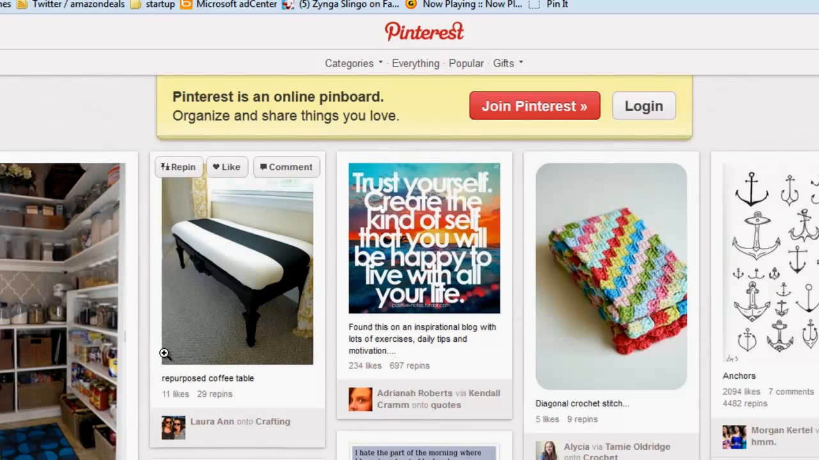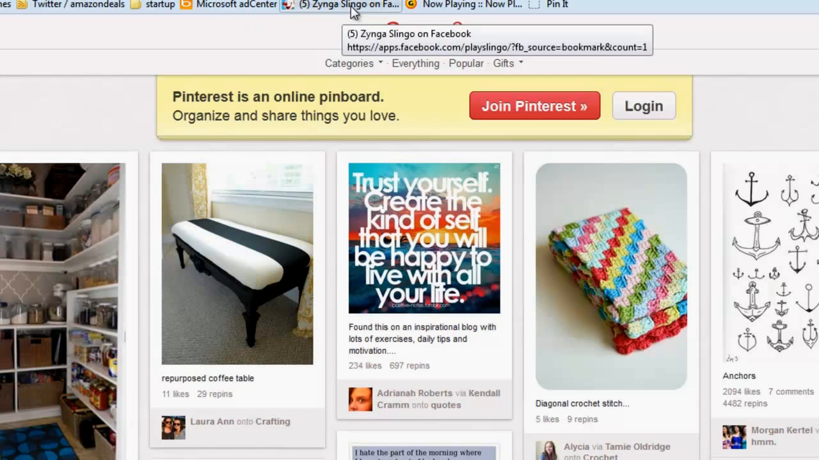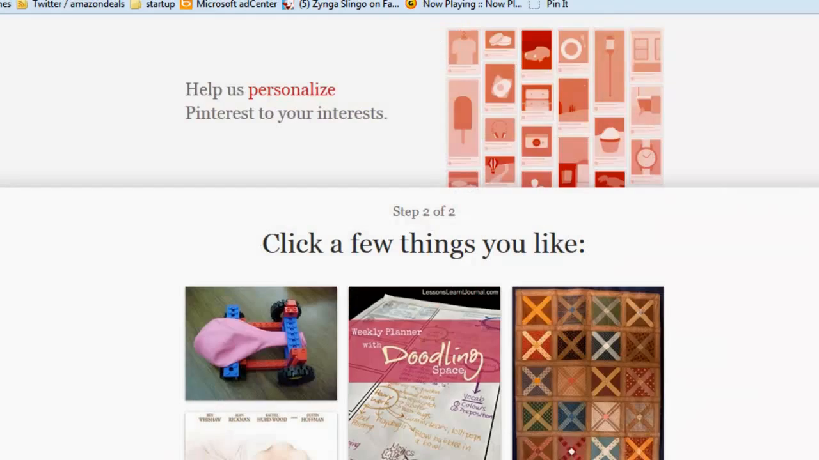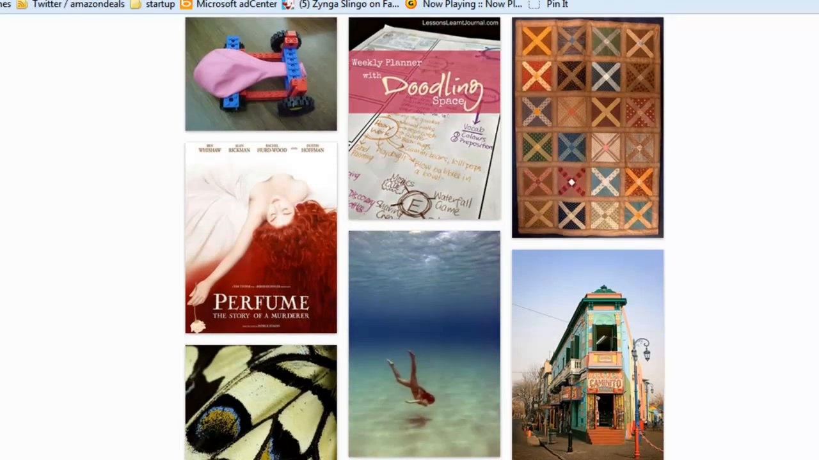So we've been talking some about Pinterest. So we're going to work on completing your Pinterest account. So first thing, of course, you want to do is log in to Pinterest. A brand new account that we have,